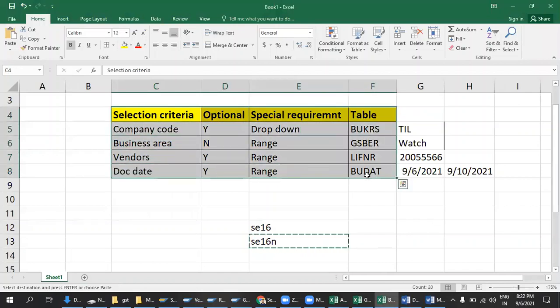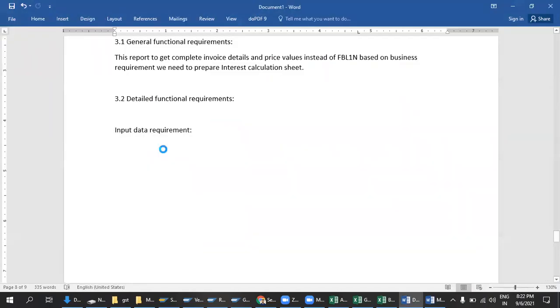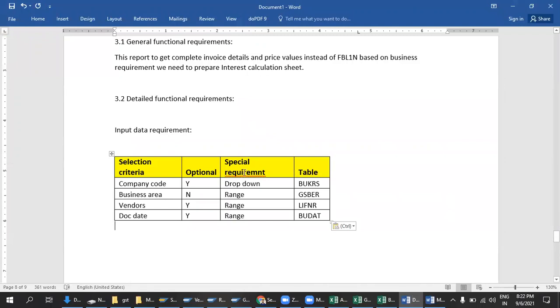So in Excel, I have taken this data. This much data is enough. Okay, so ABAPer will understand all these things easily. I'm copying and I'm pasting here. So this is a process to upload the input data requirement. Okay, so the next one is a